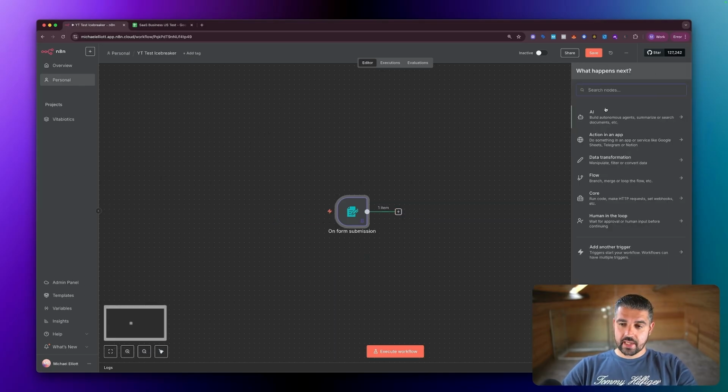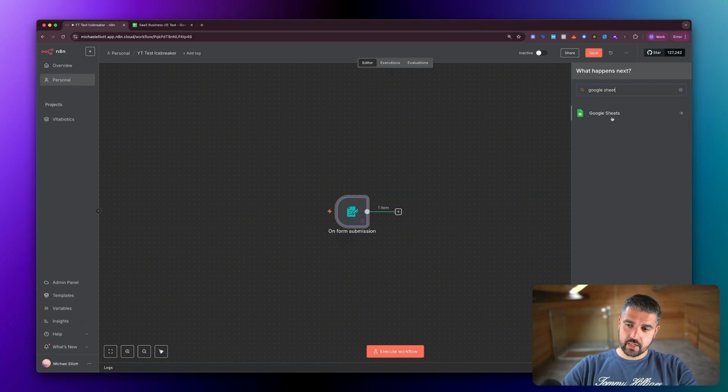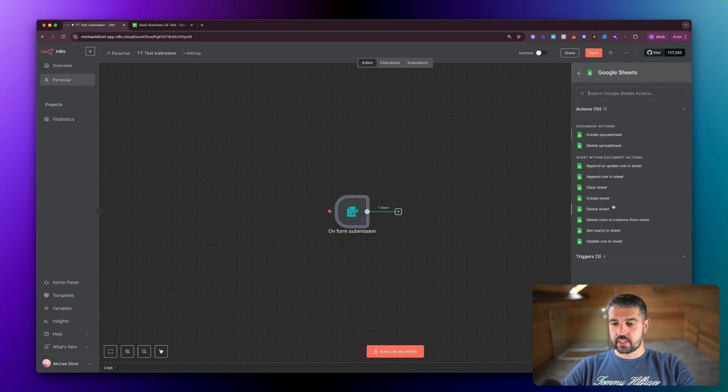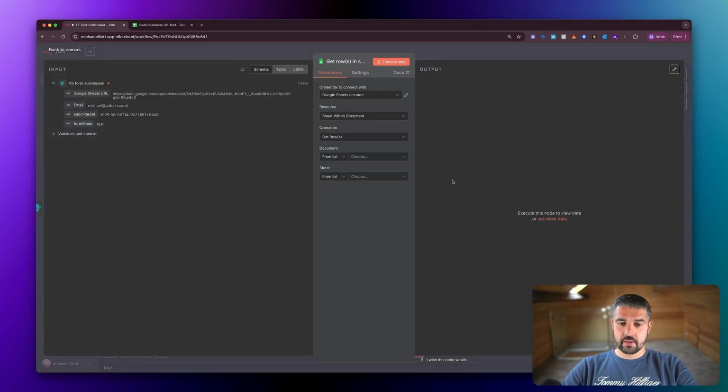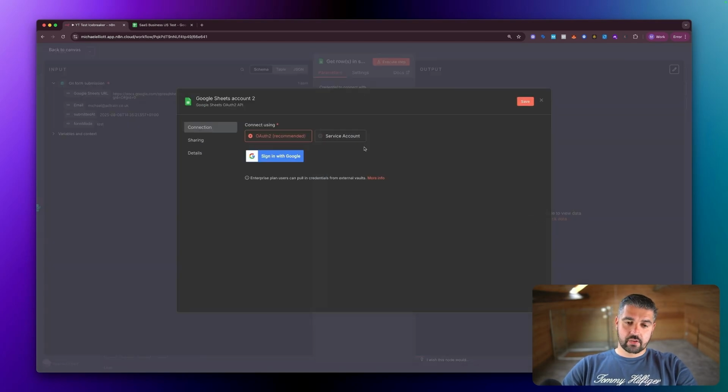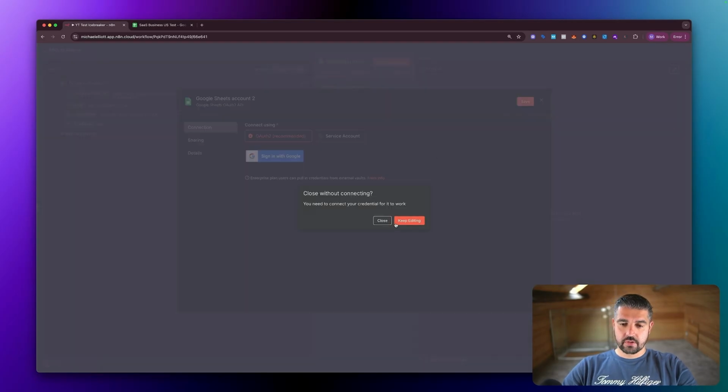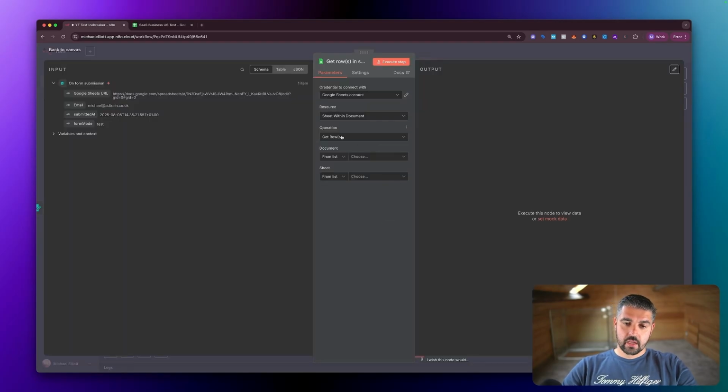Now we need to add a Google Sheets node. So Google Sheets. When it comes down to Google Sheets, we want to get rows in a sheet. If you haven't got your credentials connected, literally just click create new credentials and hit sign in with Google, and it will be connected. So you'll have no issues in regards to that. Now, the operation that we want is obviously to get rows. That is what we're trying to do, but we don't want to get the rows from a list. We want to get it by a URL, and the reason why we want to get it by a URL